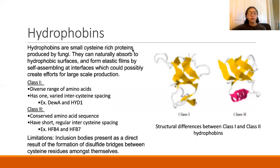Hydrophobins are small cysteine-rich proteins commonly produced by fungus. They can naturally absorb to hydrophobic surfaces and form elastic films by self-assembling at interfaces, which could possibly create efforts for large-scale production. As we can see on the right in this figure, we can see the structural differences between